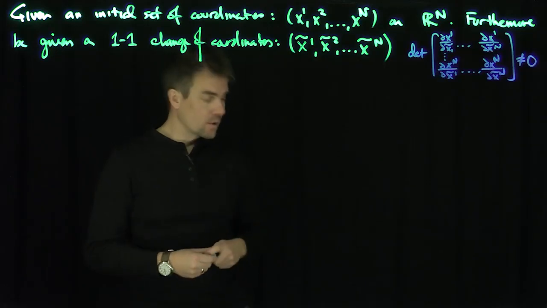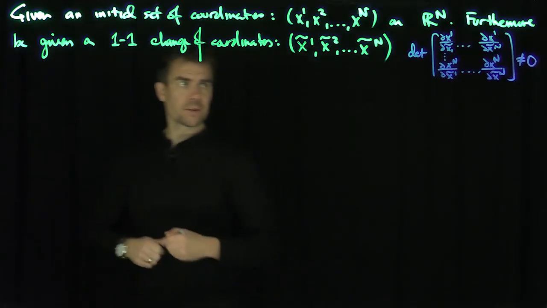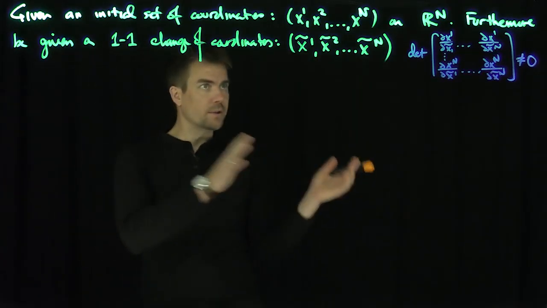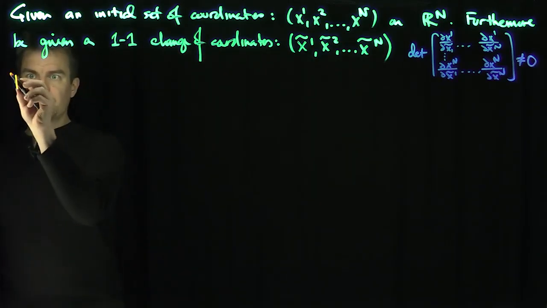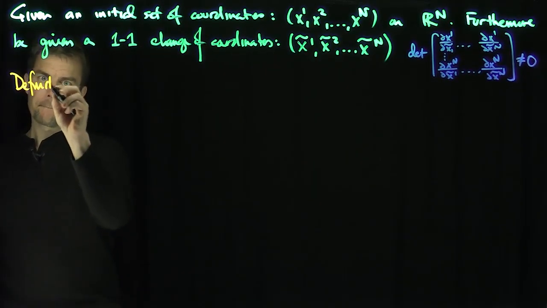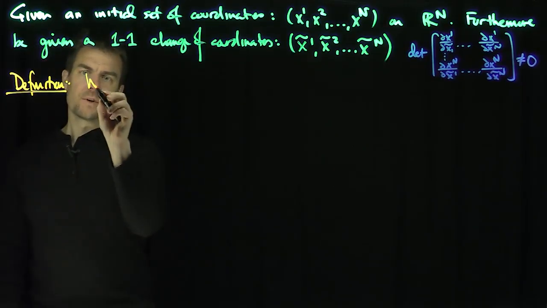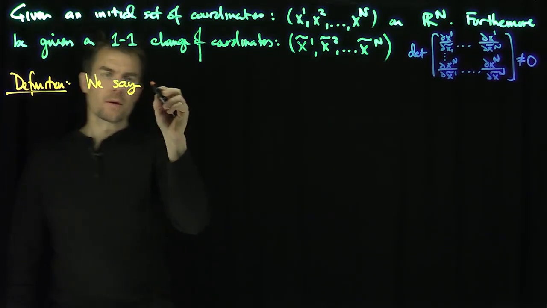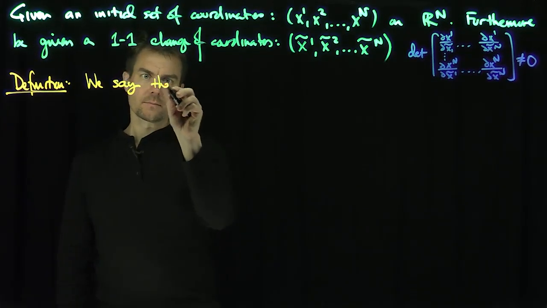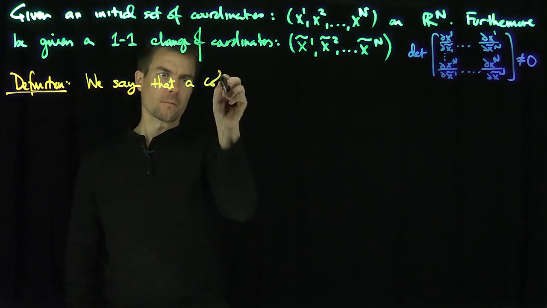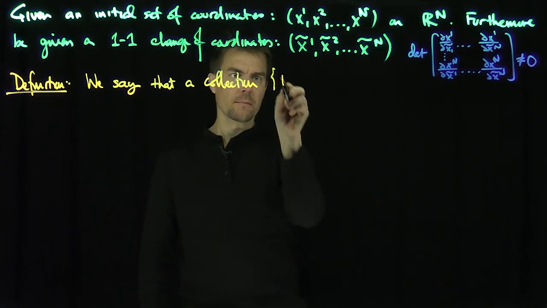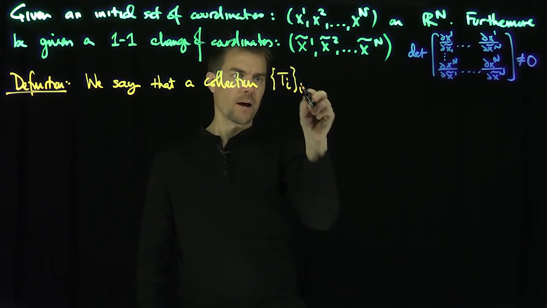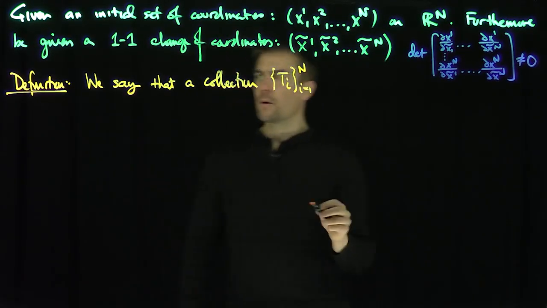And so now what we're going to do is define, so here's our definition. So with two coordinates, I can go from one coordinate to the other and vice versa, right? And so we say, definition, we say that a collection Ti, lower i, i goes from 1 to n,